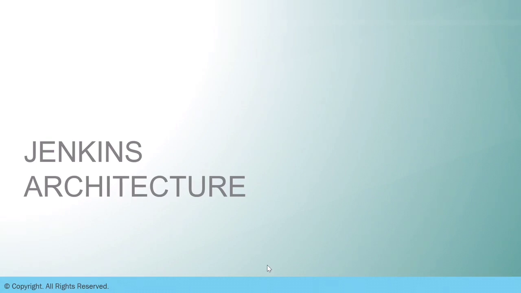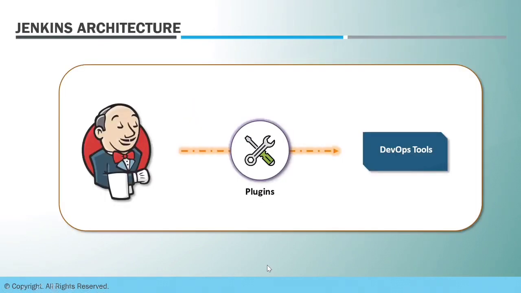Till now we have covered Jenkins and Jenkins installation. So let's see what is Jenkins architecture, how Jenkins is supporting DevOps needs. So we have Jenkins here and plugins. Jenkins plugins are the root of the Jenkins architecture. For everything, even for reporting, integration with various tools, for every software or tool we are integrating with, we have a plugin to support it. For color coding, for formatting, everything Jenkins does effectively using plugins. So the backbone of Jenkins functionality is its rich plugins.